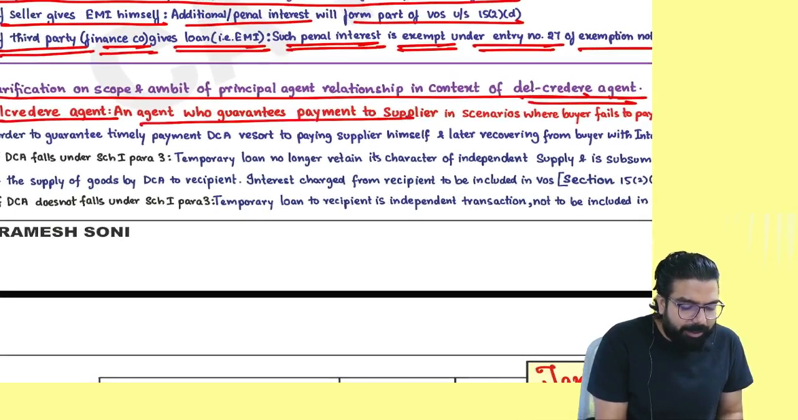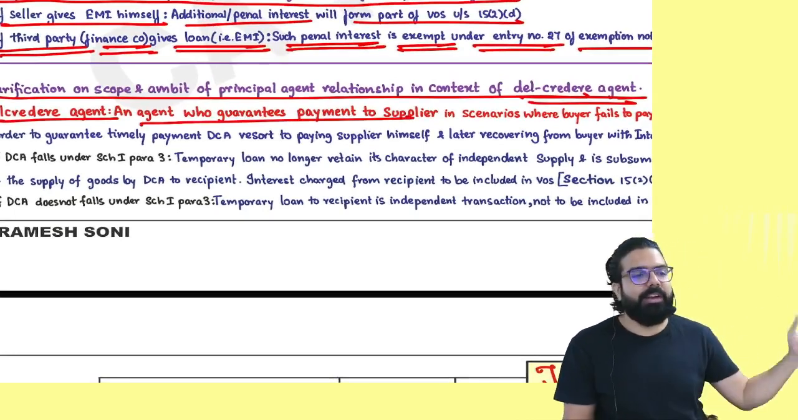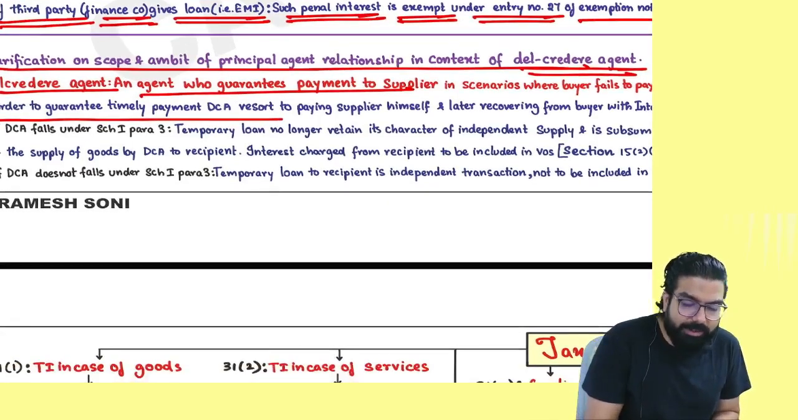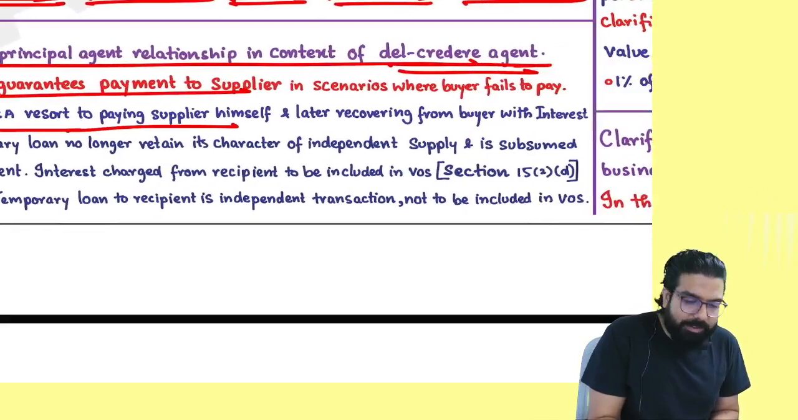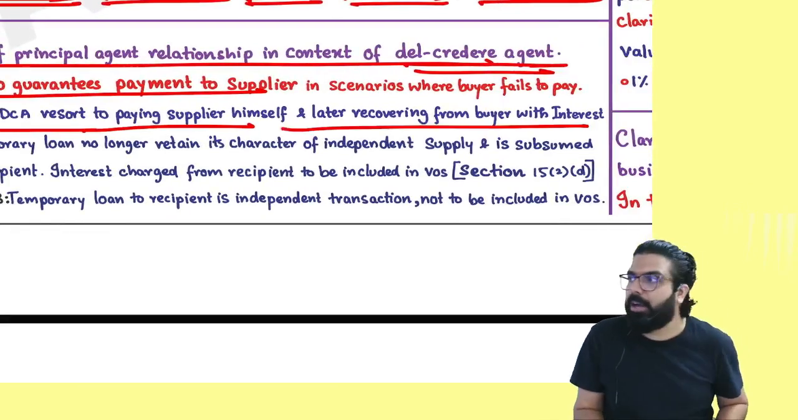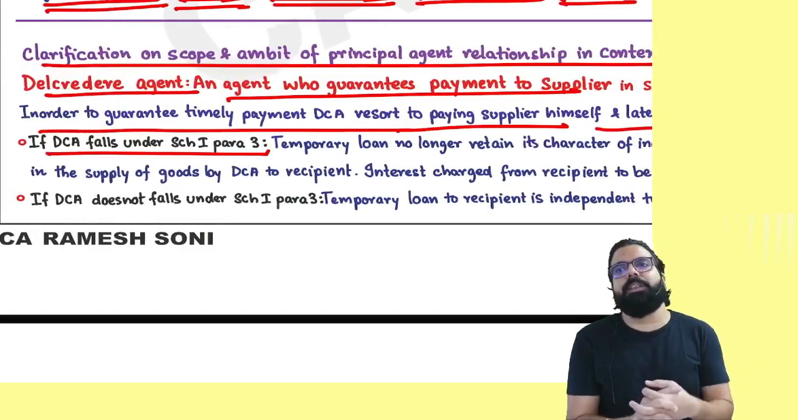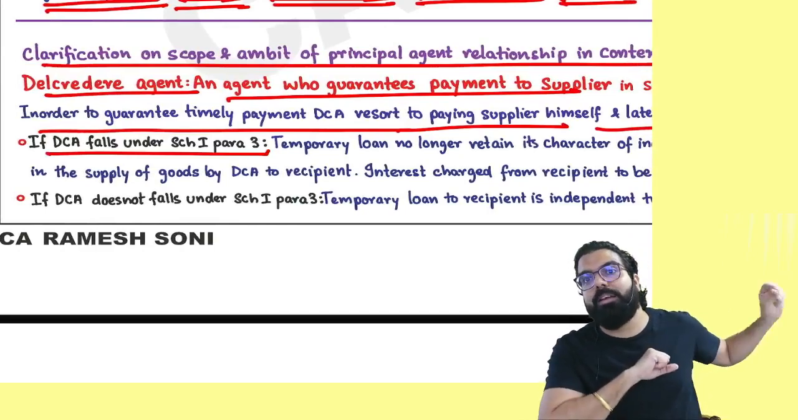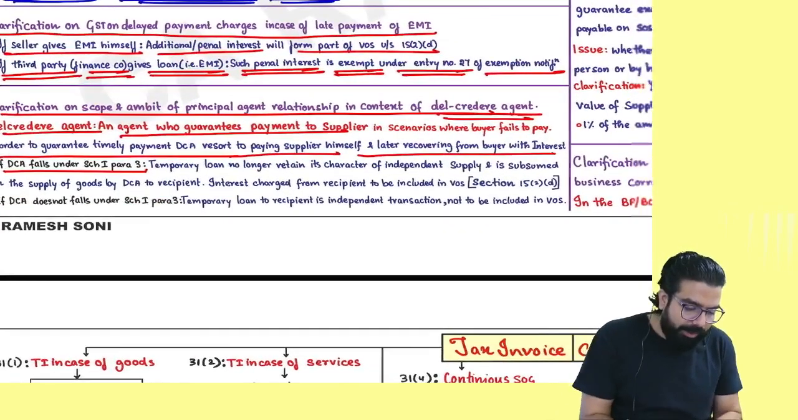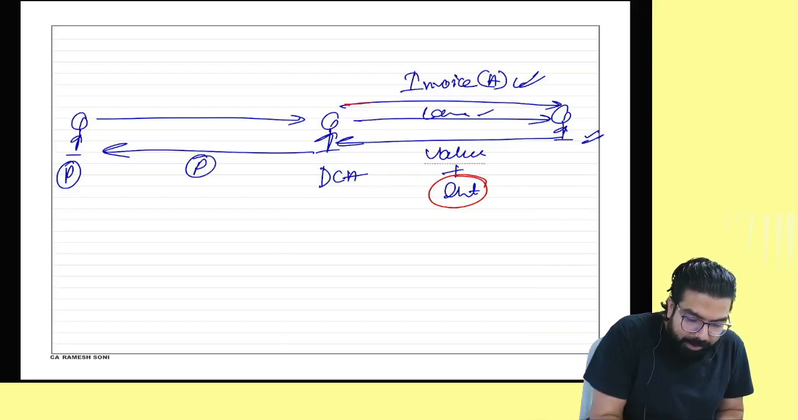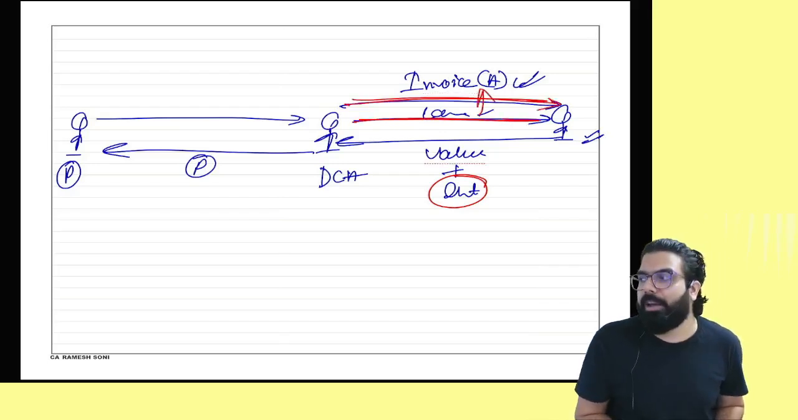Del Credere agent is a person who guarantees the payment if the customer fails. It says, in order to guarantee timely payment, Del Credere agent resort to what? Paying the supplier himself and later recovering it from the buyer. Everyone, if Del Credere agent falls under Schedule 1, paragraph number 3, means I am issuing the invoice in my name. Always remember, the loan no longer retains the character of an independent supply. It is subsumed. People, if I am issuing the invoice in my name, the loan is actually subsumed in the main supply and hence